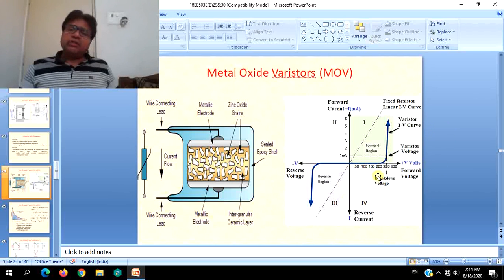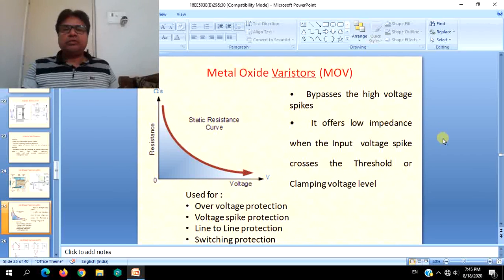So this is how an MOV works. It simply provides a zero resistance path at higher voltages, or the voltages which are more than its breakdown voltage. It is also normally called the clamping voltage. When the voltage applied across its ends becomes more than the breakdown voltage, or becomes equal to the clamping voltage, as the name indicates, it clamps the excess spike voltage, and it discharges in both the directions. So that is the operation of the metal oxide varistor or MOV.